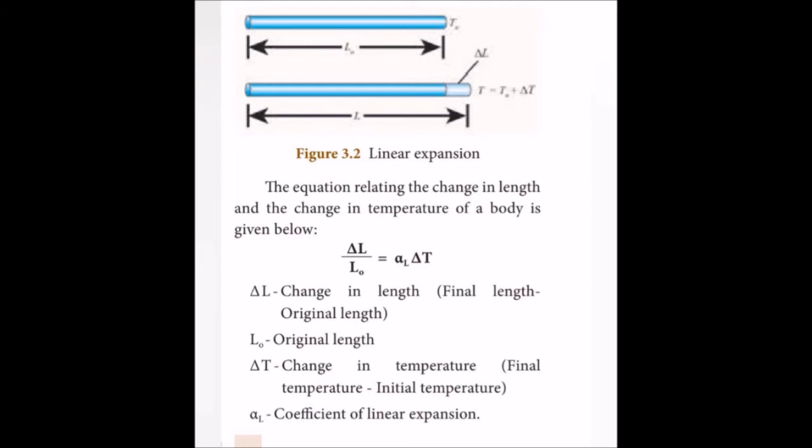L naught is the original length before heating, and del T is the change in temperature. We can calculate del T by final temperature minus initial temperature, and alpha L is the coefficient of linear